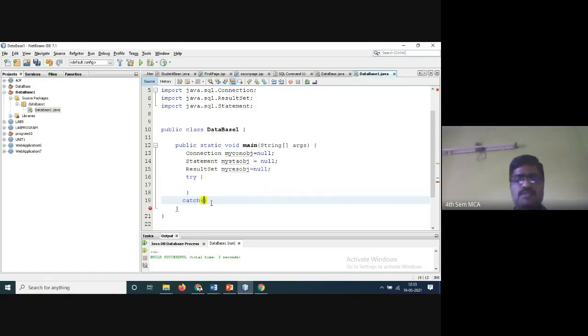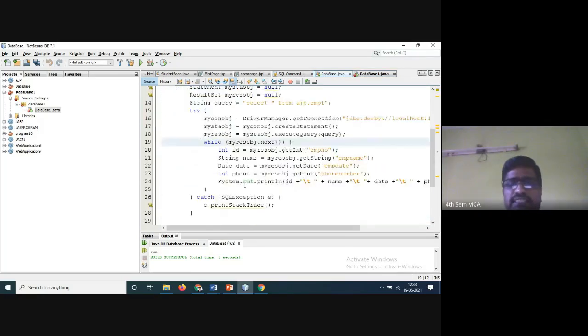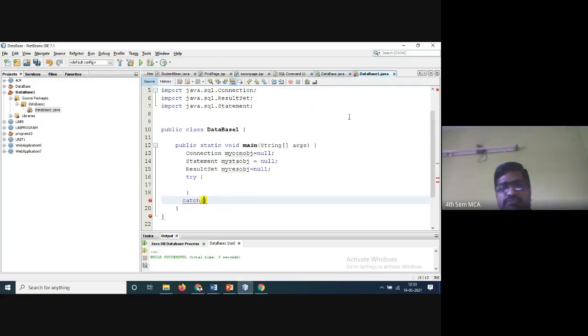So which program are we doing now? Database connection. So for the catch, you have to write SQLException. Write SQLException, and e.